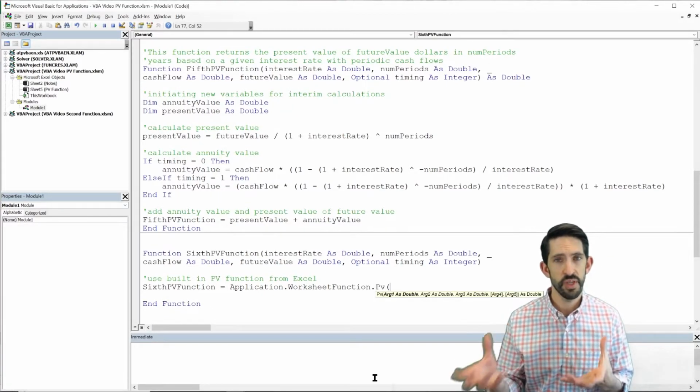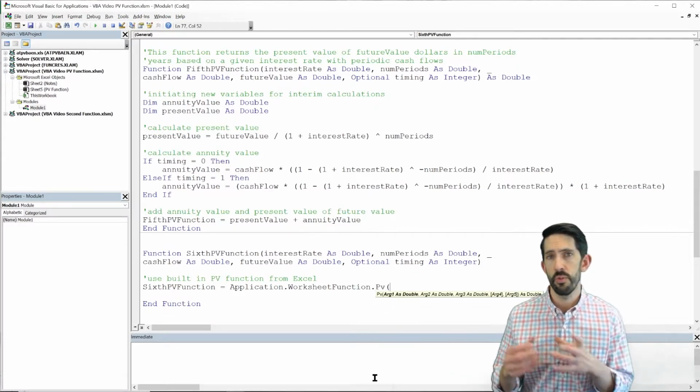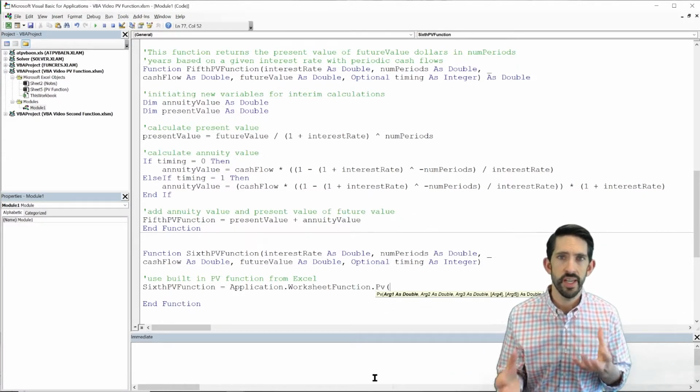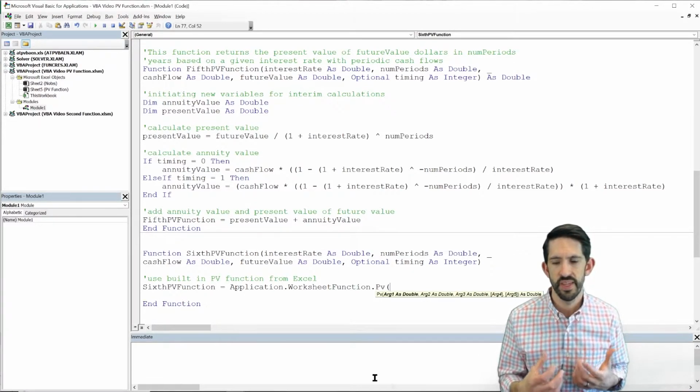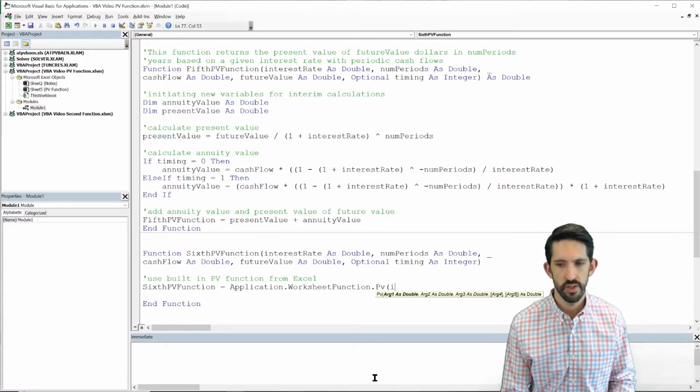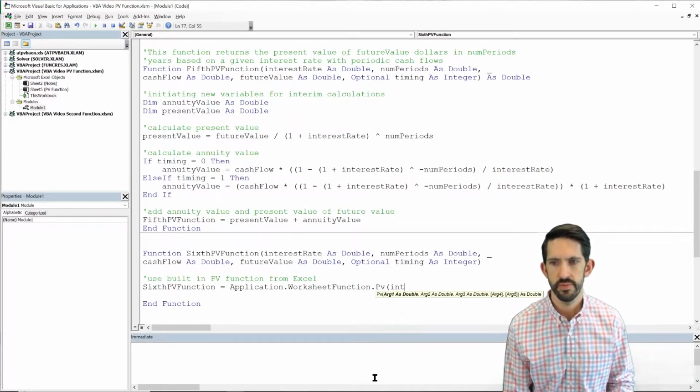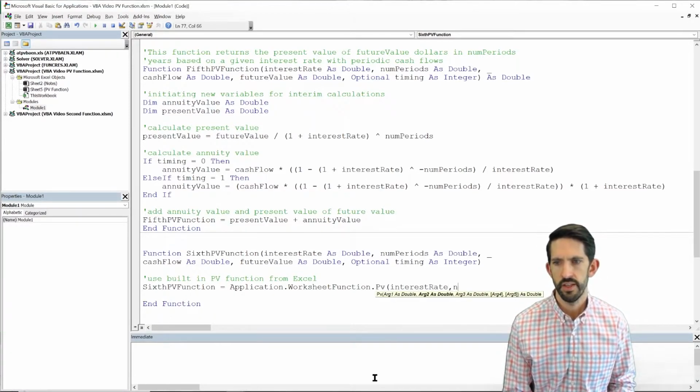All right, so application.worksheetfunction allows us to call any function that works in Excel. So in this case, I wanted PV. You could call in IF or MATCH or XLOOKUP. Any function that you want to use in VBA, you can also pull in this way. So in this case, what are the arguments? Well, the first thing is interest rate, then num periods,